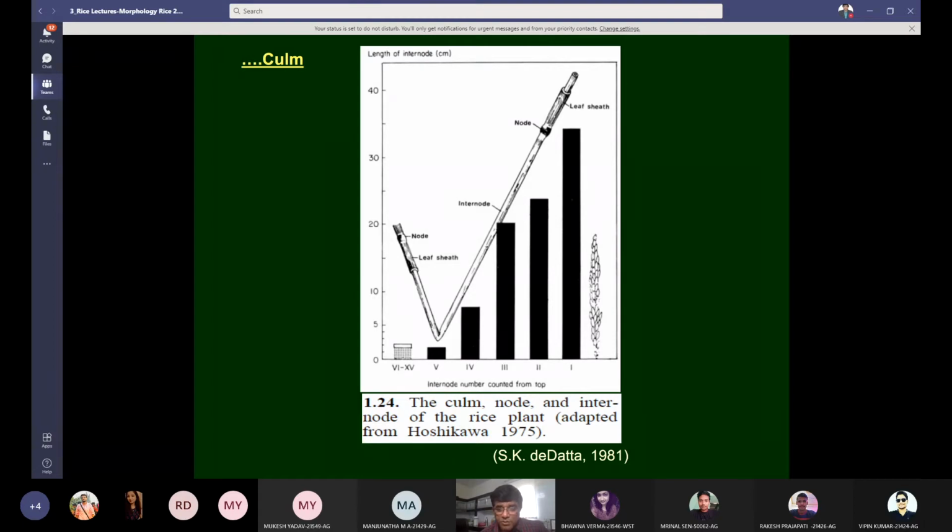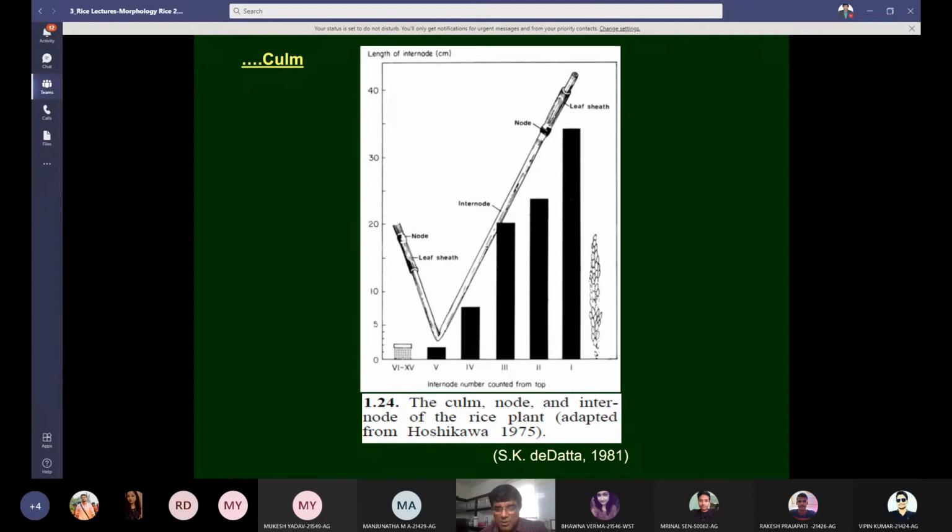They are just about 1 to 1.5 centimeters in length, and you can accommodate 6, 7, 8, 9, 10, 11, 12, 13, 14, 15. At least 10 internodes are there in a very small length.